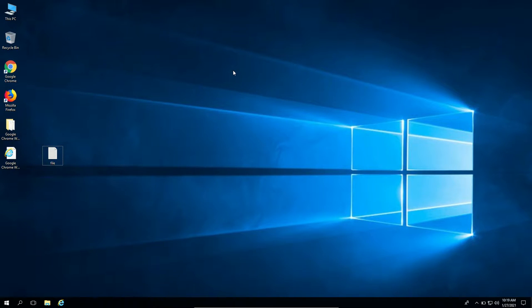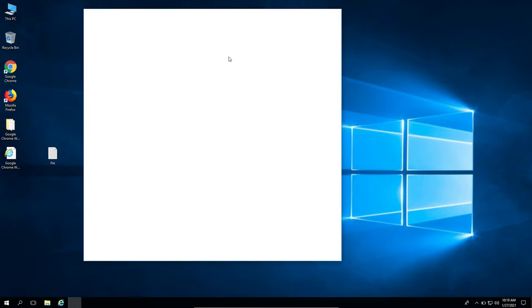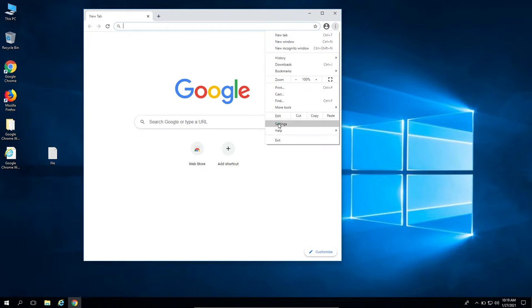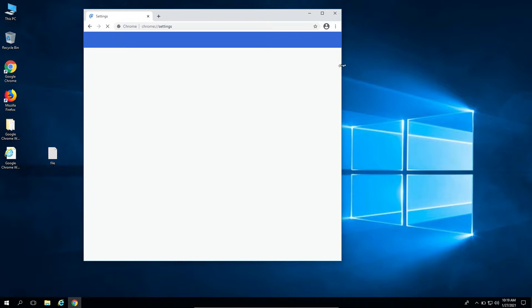Hey guys, in this video I am going to show you how to make Chrome the default browser in Windows 10. First of all, you can make your Google Chrome the default browser using your browser. Just go to the settings and then scroll down,